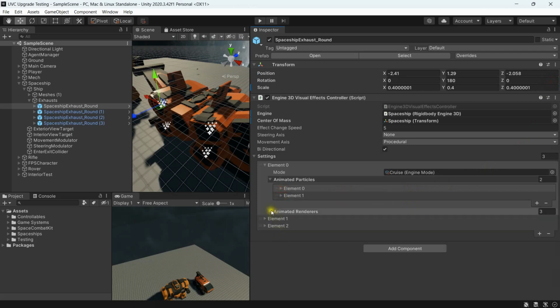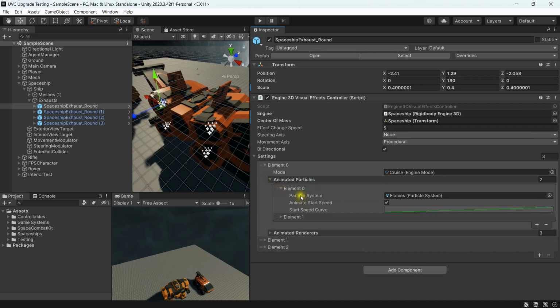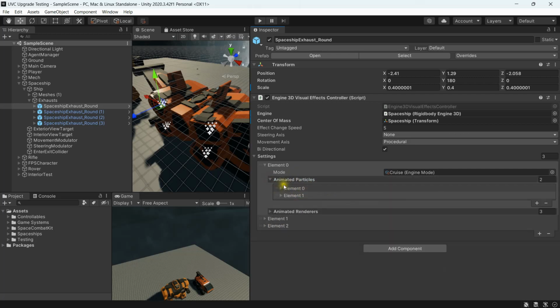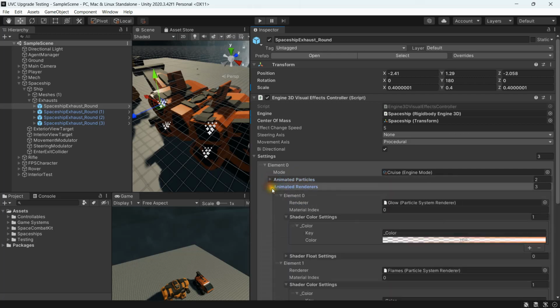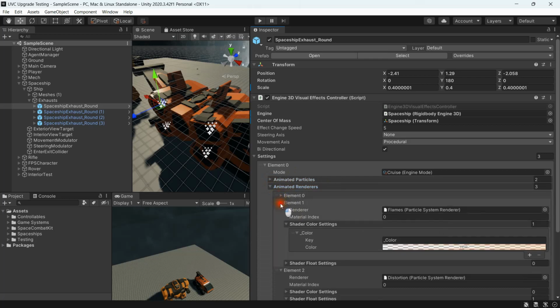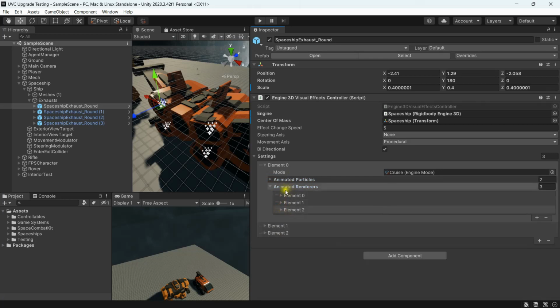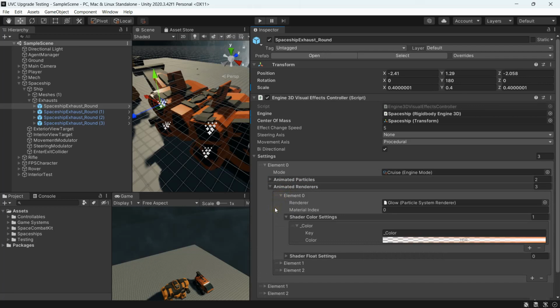And if I go down here, in the particles, at the moment you can animate the start speed, and that's it. But I'll be adding more settings here for what you can control in future. Alright, if we go down here to the animated renderers, what this does is it enables you to basically control your shaders